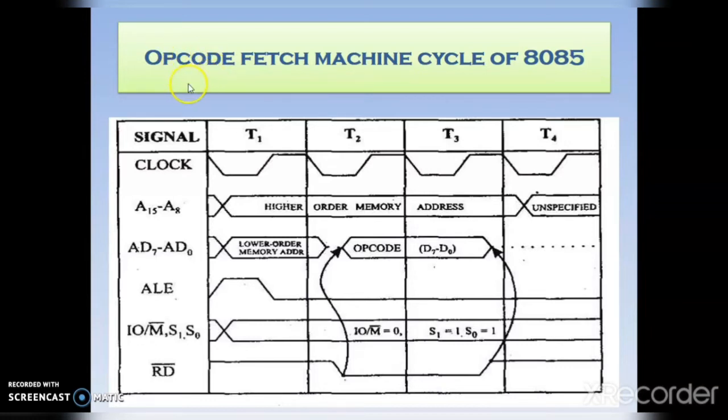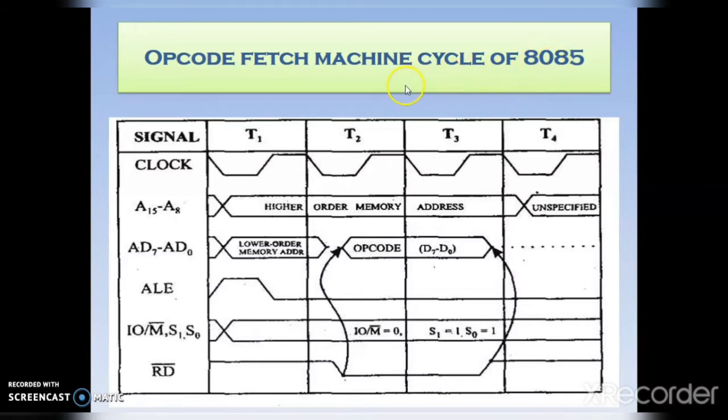This is the first machine cycle of every instruction and it finds the nature of the instruction to be executed. Once the opcode is fetched from the memory locations, it decides the nature of the instruction to be decoded and executed in the next machine cycle. Here in this timing diagram, the length of the machine cycle is T4. For the opcode fetch machine cycle, the length is not fixed. It varies from 4 T states to 6 T states as per the instruction we are using in the 8085 microprocessor.